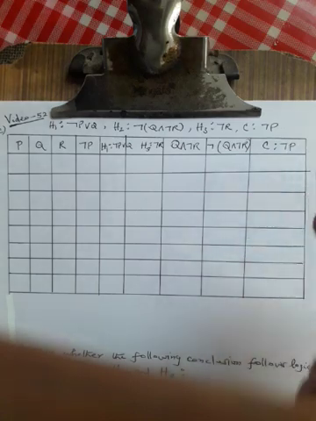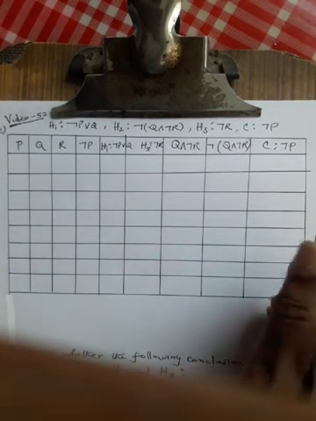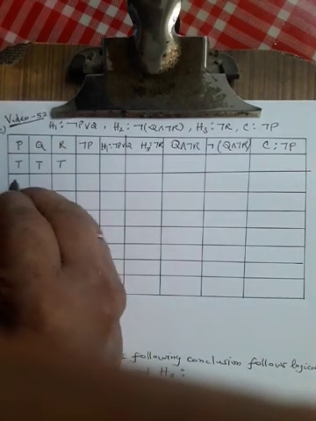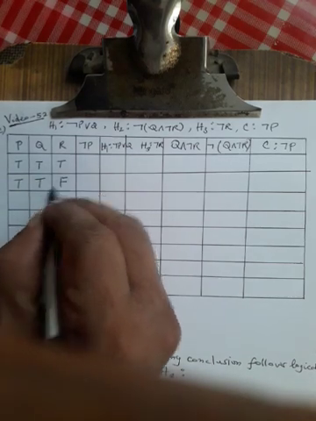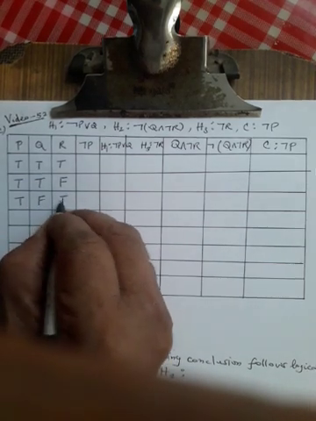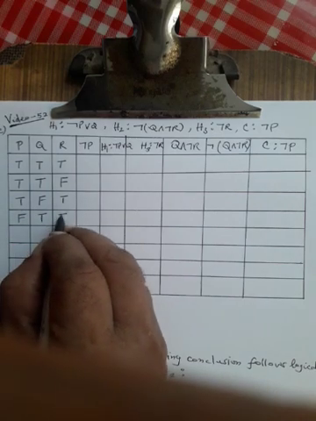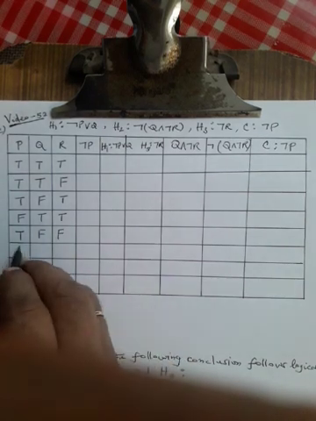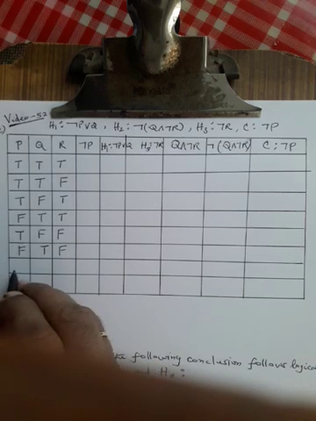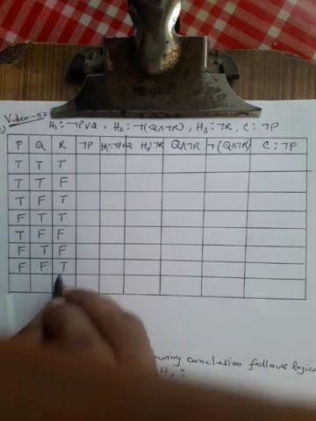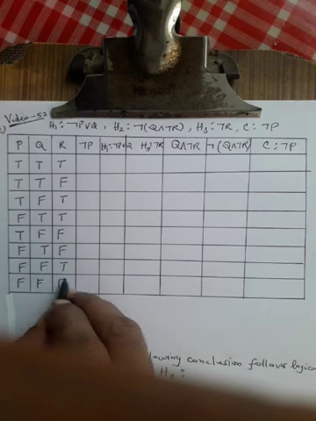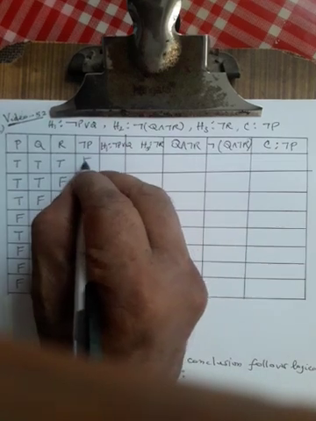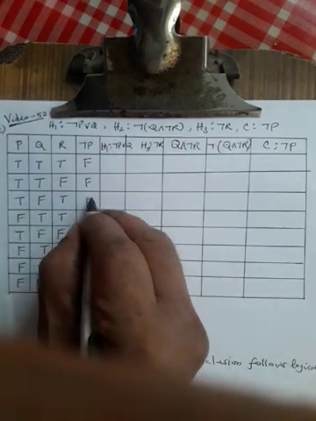In the truth table it is already there, but we will write it one more time, negation P. Now for P, Q, R: all of them T, T, T. Then we can have one F and two T's in three ways: T, F, T; F, T, T. You can have two F's in three ways: T, F, F; F, T, F; and F, F, T. All three F you can have once. So negation P, the opposite of P, is F, F, F, T,